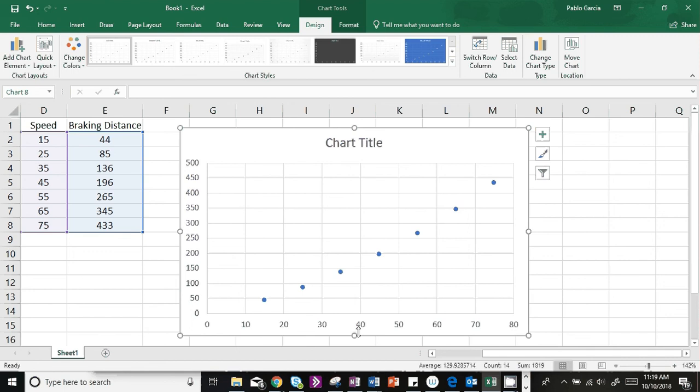Down here we have speed, and along the y-axis we have braking distance. Notice that braking distance is the response variable, and the speed is the explanatory variable, right? The speed explains the braking distance, doesn't it? Okay, it's because I'm traveling faster and faster that it takes longer and longer to bring the car to a